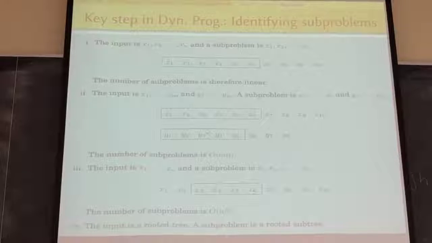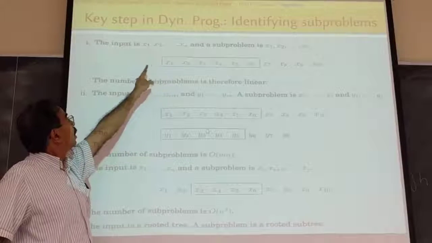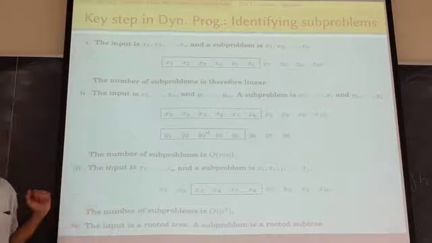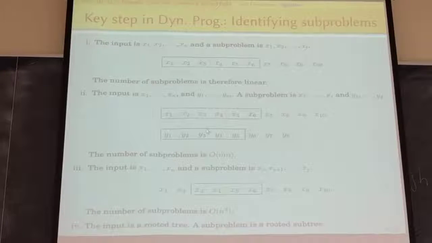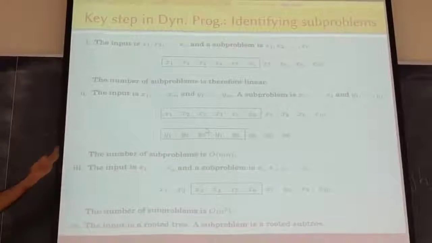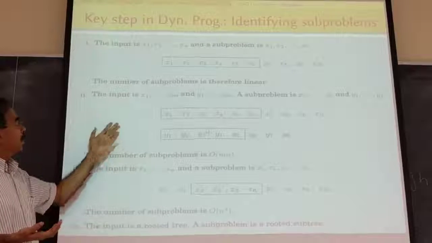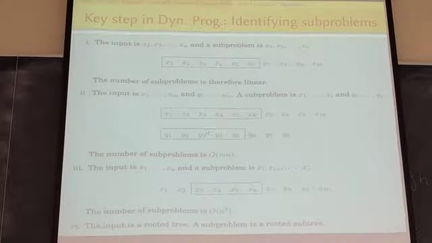So a prefix of length 1, prefix of length 2, 3, up to n, right? So the number of subproblems is therefore linear. When you talk about a dynamic programming algorithm, the number of subproblems matters because very often you may have to look through all the possible subproblems before you compute the optimal solution to the current problem. So if you have a linear number of subproblems, you can expect, okay, maybe I can do a linear time dynamic programming algorithm. But if I have a quadratic number of subproblems, then I'm going to need a quadratic amount